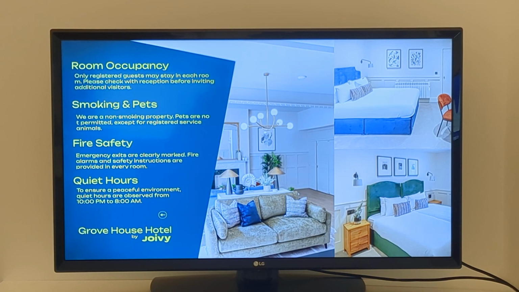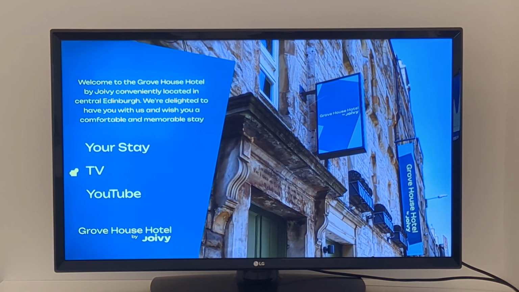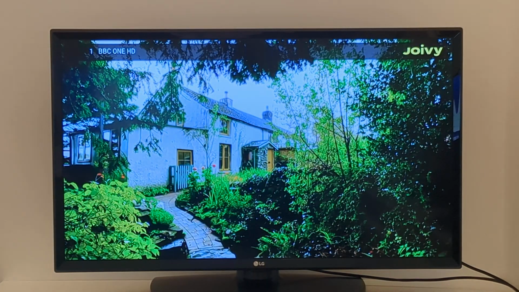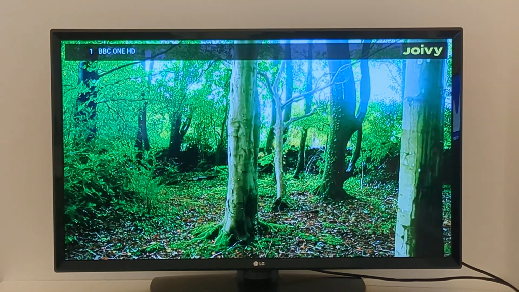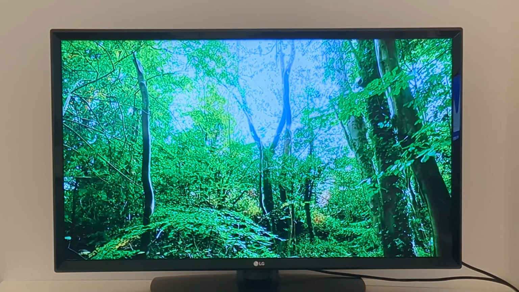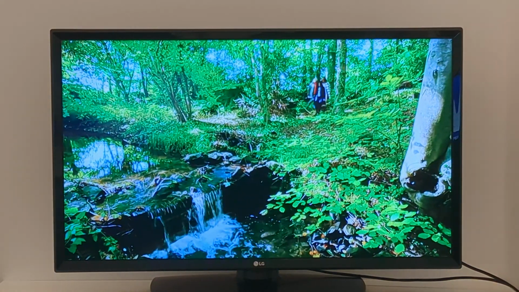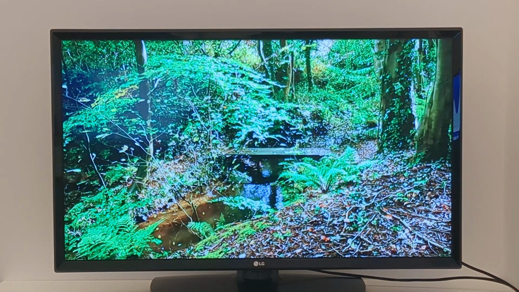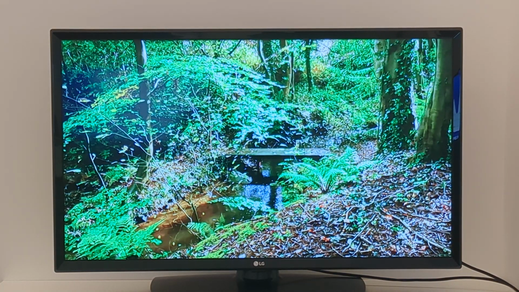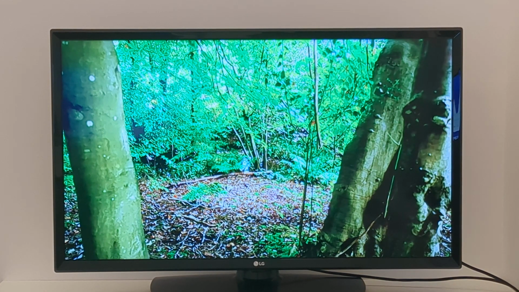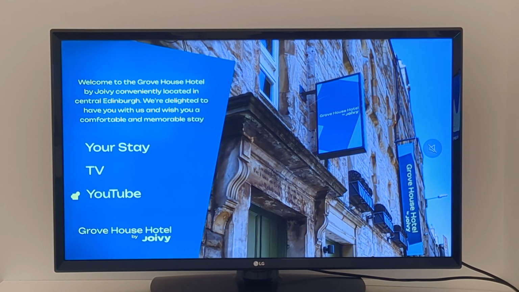And if I now go back to the home page and go to TV, this is where the live channels with the Joey logo on the right-hand side will come up. These are the IP stream channels, which we already know, the IP stream channels for your hotel. So we can put these in pretty much straight away. And we've got the LG free channels as well on this. And then finally for YouTube,